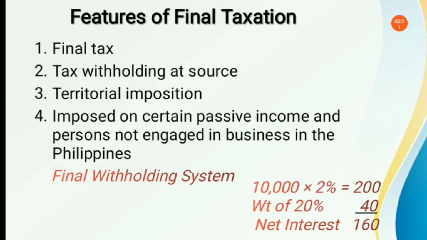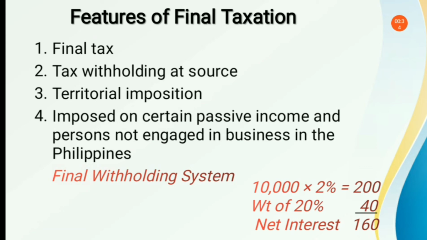However, under the final withholding system, si bank ngayon, meron siyang responsibility na mag-withhold ng tax out of the interest income. For interest income of this kind, the corresponding final withholding tax rate is at 20%. So that means the interest income of 200 multiplied by the final withholding tax of 20%. So 200 times 20%, that will yield us the amount of 40 pesos. So that is now the final withholding tax. So ibig sabihin nito, ang matatanggap lang ni depositor as interest income is only 160.